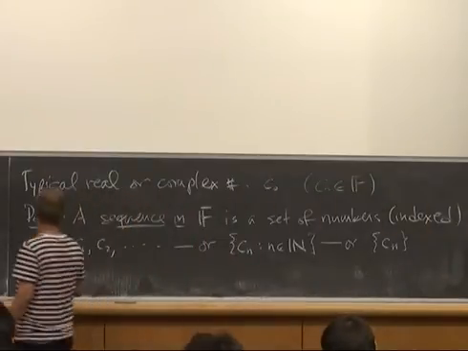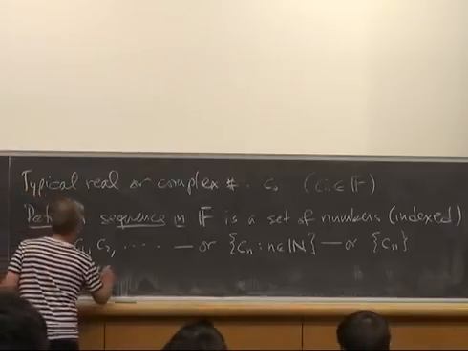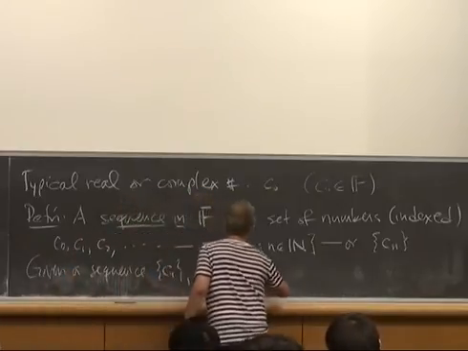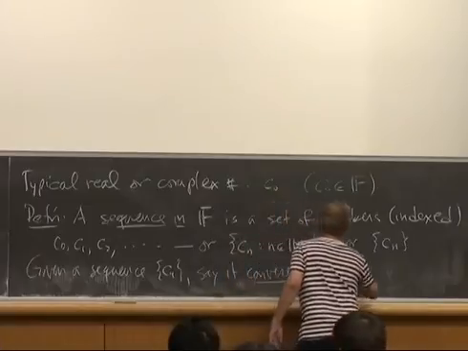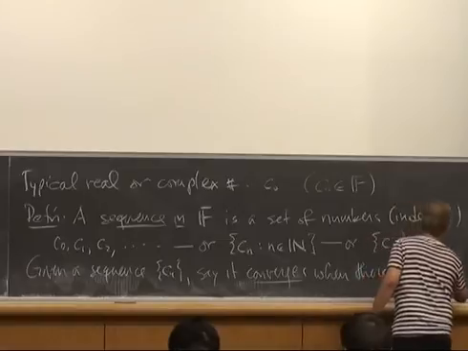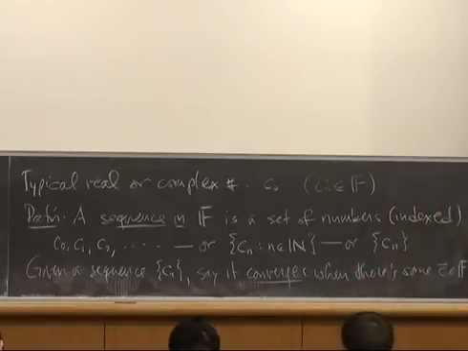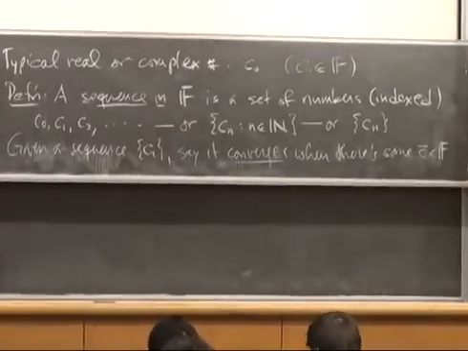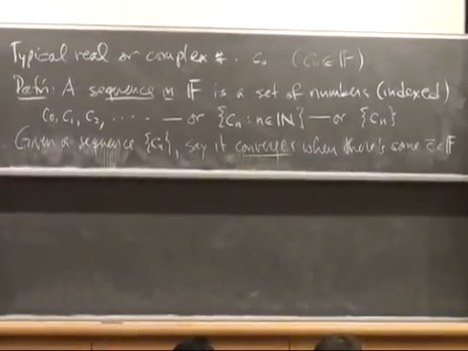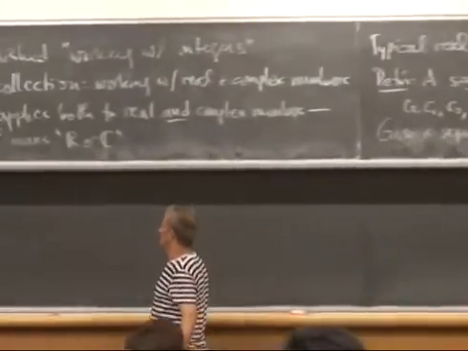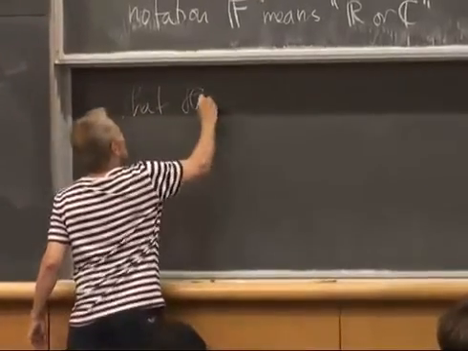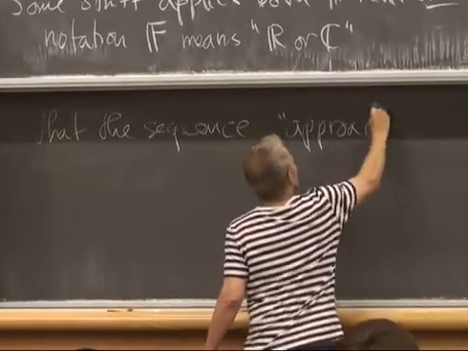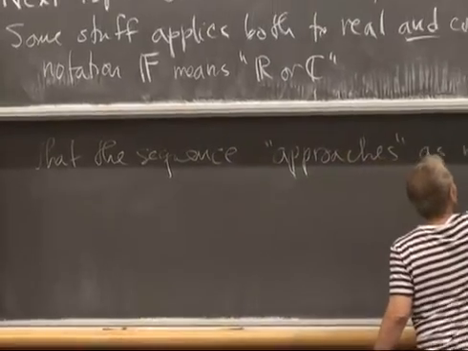Okay, so given a sequence C sub n, we say that it converges when there's some, say, C bar in F that the sequence approaches as n goes to infinity. And we have to make that notion of approaching precise. So colloquially, we say that the sequence, quote unquote, approaches C bar as n goes to infinity, meaning